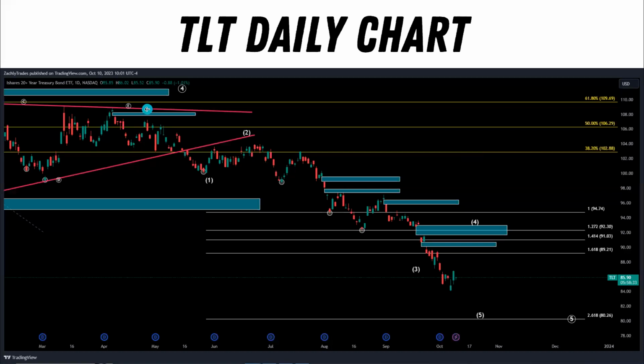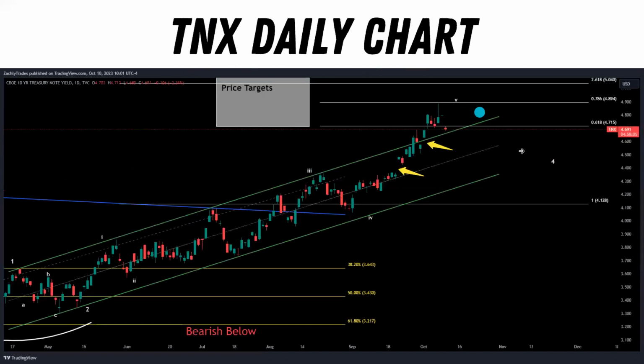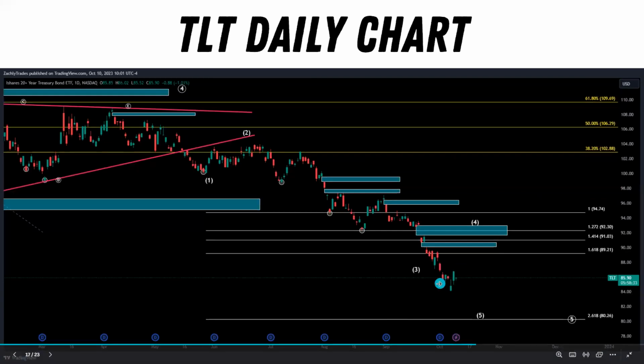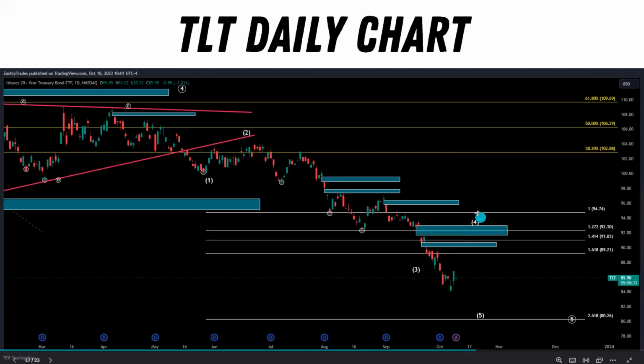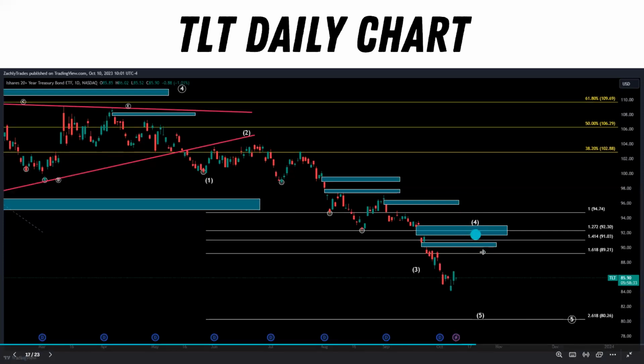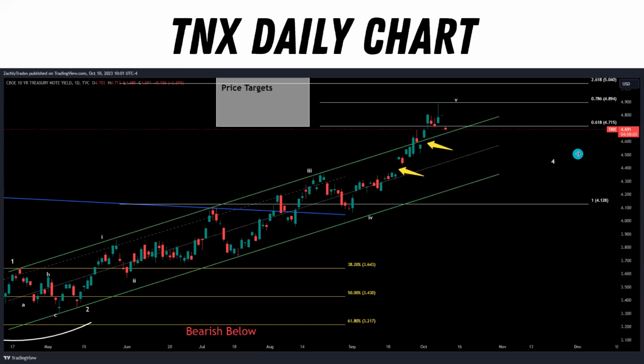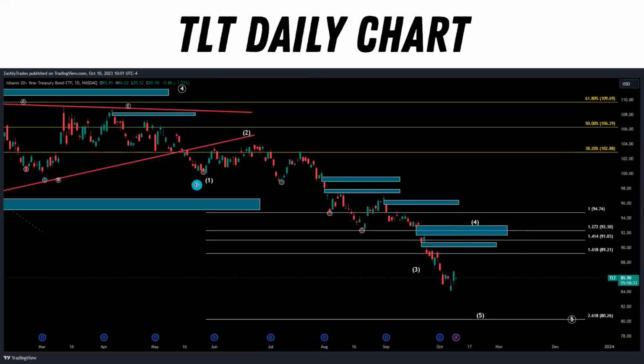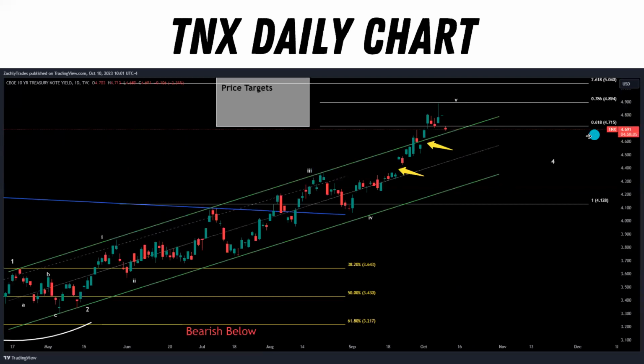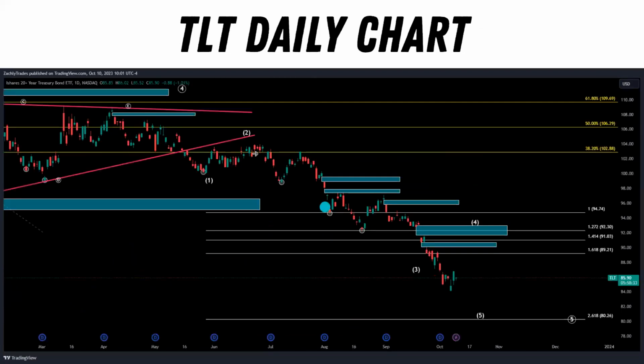Okay, and that would basically align with TNX getting its wave 4 pullback to the downside. That would be TLT's wave 4 bounce to the upside. And then we would get a final leg down for TLT heading down towards that $80 range. Could be about $79 to $82 on TLT. And I'm just going to stick to that analysis until things change, right? I mean, we're looking for the wave 4 bounce up right now. We're looking for the wave 4 bounce down right now. There's a lot of news and a lot of factors going on that will affect these and could change these analyses, but there's no reason to change something that isn't broken yet, and these have been working pretty good.